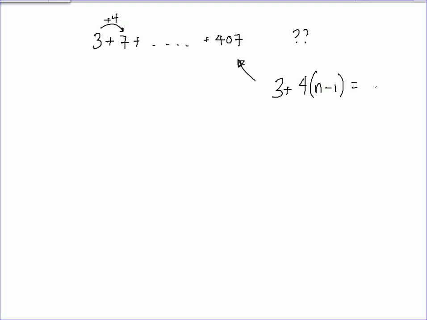Let's try adding another one up. Oh, I seem to have got a white screen, but we'll press on. We'll add another one up. What about 3 plus 7 plus, and on you go all the way up to 407. What is the sum of that one? First question, how many numbers have you got in this sequence? Well, we start at 3. We add, it would seem to be 4, and to get to any number we do it n minus 1 times. If we get to 407,